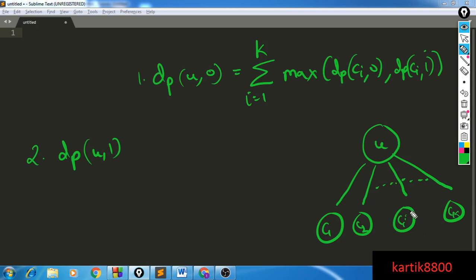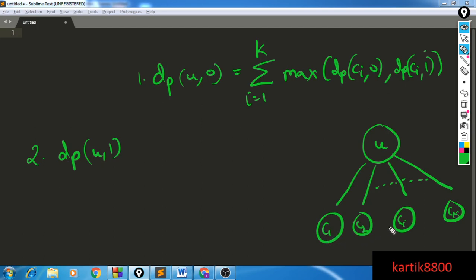So first of all, I'll just evaluate what is the answer if I select the edge u comma ci. Then for the left children, all the child nodes from c1 till ci minus 1, I can simply take the best possible answer for each of them separately, right? I can take the best answer for c1, the subtree rooted at c1, what is the maximum possible size of matching.